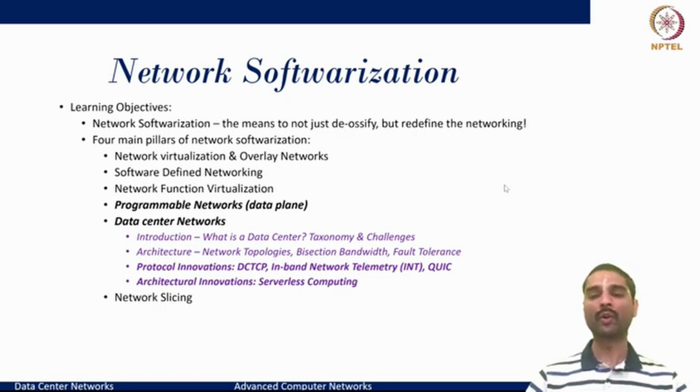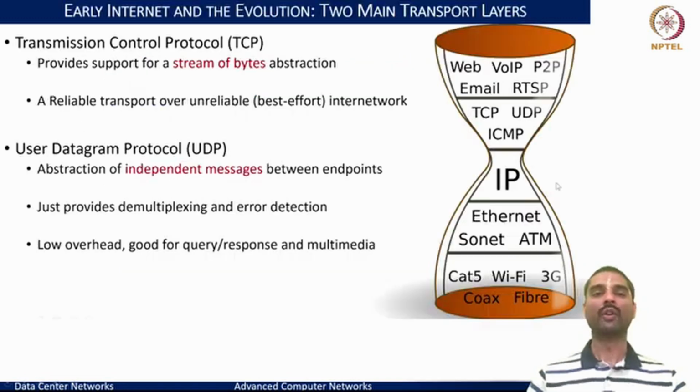So it's important to understand a bit of background on why there was a need for a newer protocol called QUIC and what are the key things that it tries to address, at least in brief. To understand that, we need to know what the early internet was like and what the key protocols that existed were. When we look at the transport layer, it's primarily two key protocols that shared the majority of the traffic.